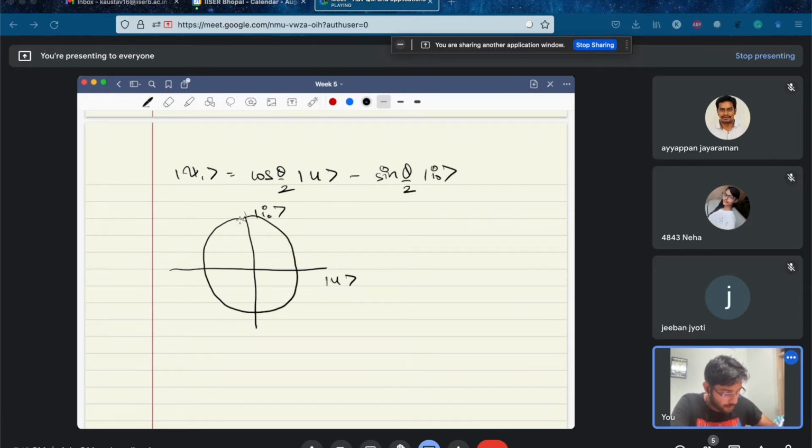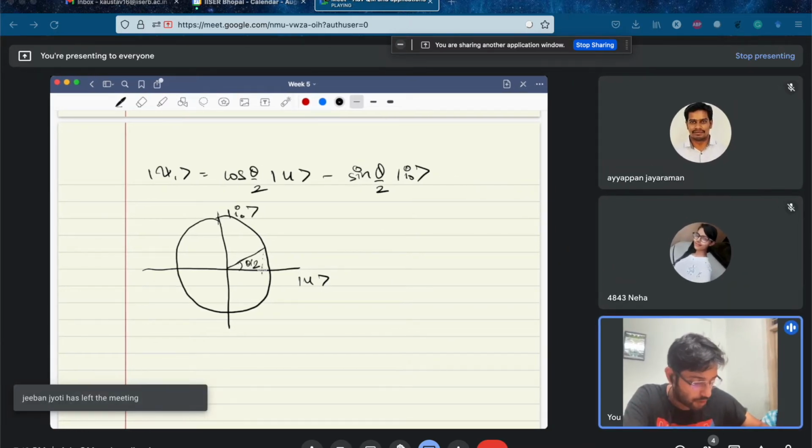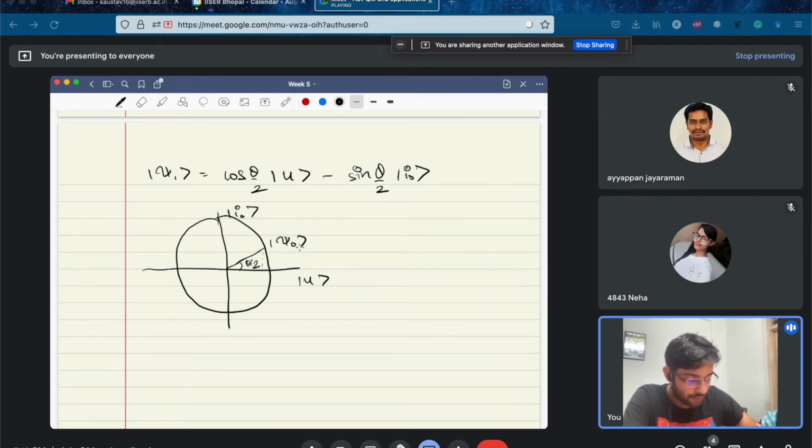Okay, so cos theta by 2 comma sine theta by 2 basically gives you something like this, where this is theta by 2. So cos theta by 2 on the x and sine theta by 2 on the y. Okay, so this was your initial psi naught. Now once you have applied the first unitary operator, what it has done is basically reverse the, I'll use another